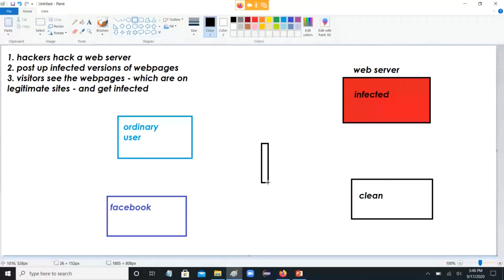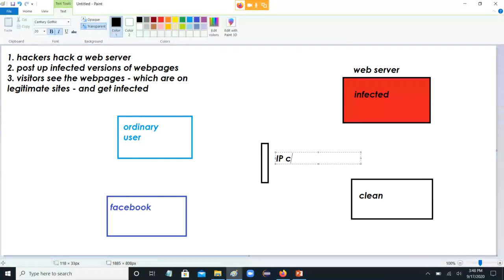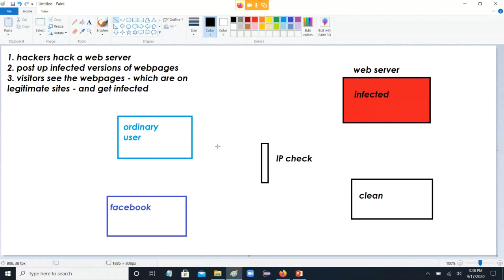So I'll do some kind of IP check. They looked at who the visitor was. And if they said, this is an ordinary visitor, chances are they would direct it to the infected version. But if it were a Facebook checker, right, one of these security people, they would direct him to the clean version.